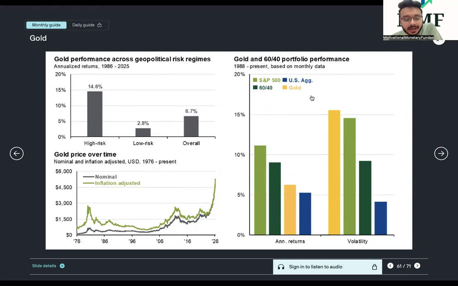And why has the volatility in gold increased? Because of the sudden spike in gold over the previous 1 to 1.5 years. If the sudden spike in prices is very high, there is a commensurate rise in the volatility or the standard deviations of the asset classes as well. And that is the reason why gold has become a riskier asset class in terms of volatilities, in terms of the standard deviations and the variances as well.